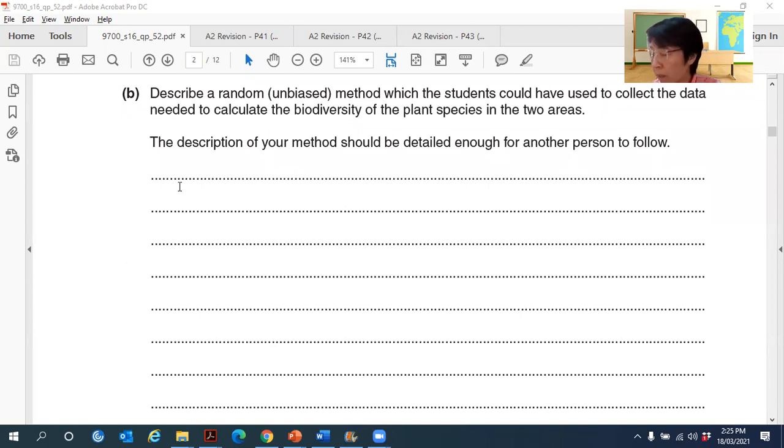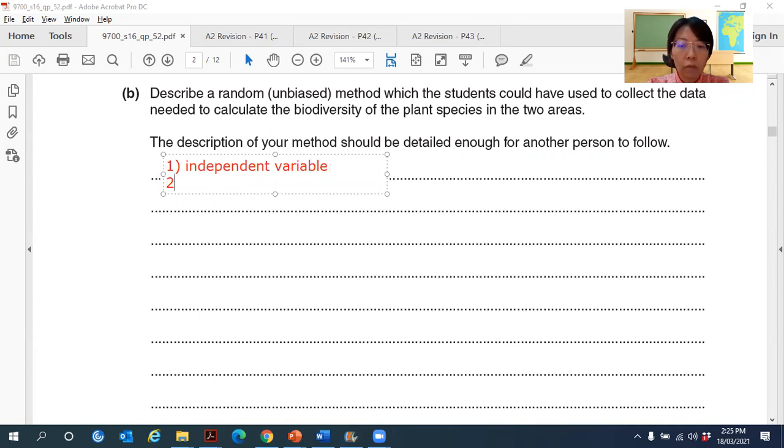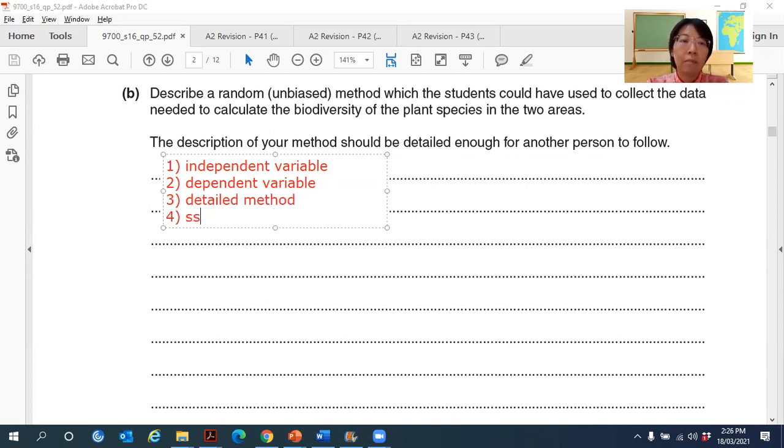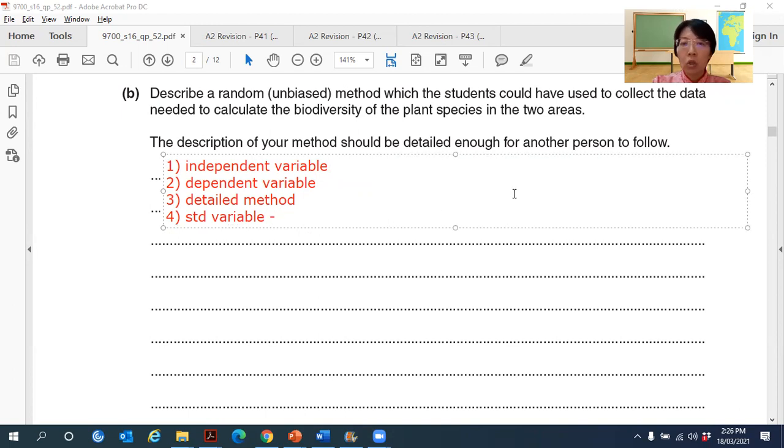So, standardize the procedure. Okay, so after the detailed procedure, remember you've got number one, you have mentioned already the independent variable, and number two, you have mentioned already the dependent variable, which is what you want to sample, what you want to measure. And number three is the detailed method. And of course, number four is the standardized variable. So what are the variables here that you want to standardize? Okay, so the variable can be the size of your